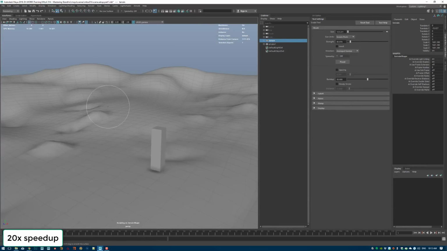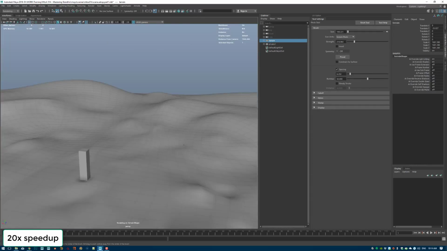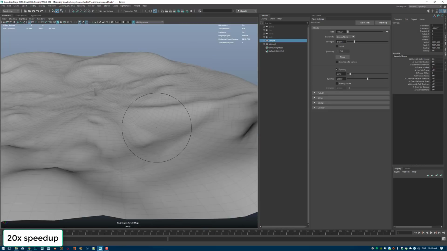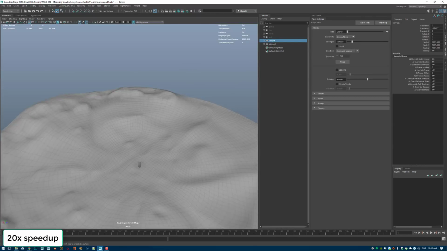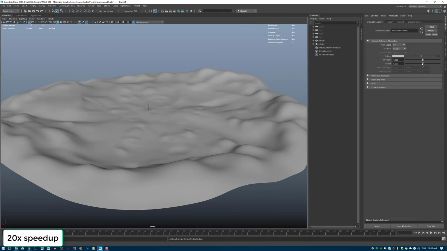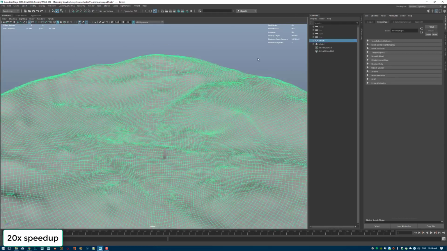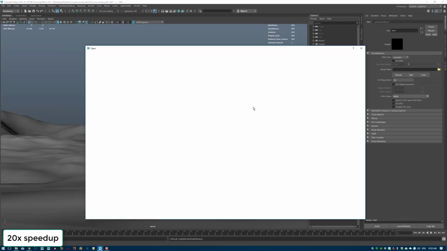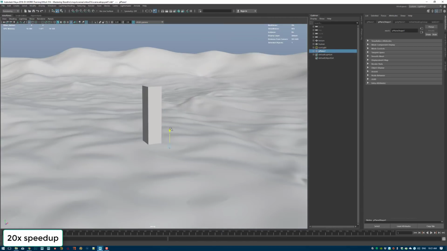Nothing too crazy. The cube in the center is like a human size. It's 2 meters high, 50 centimeters wide. And as you can see, I'm just adding a lot more detail to the ground floor, adding some bumps and spending my time to just create a more or less cool looking environment. Then I added a texture modifier on top to just create some subtle differences in the ground. And now I brought in the HDR,